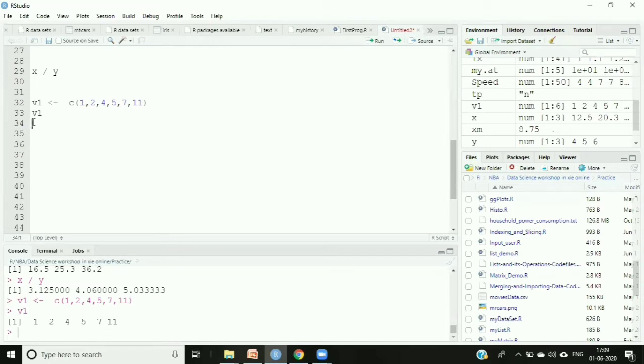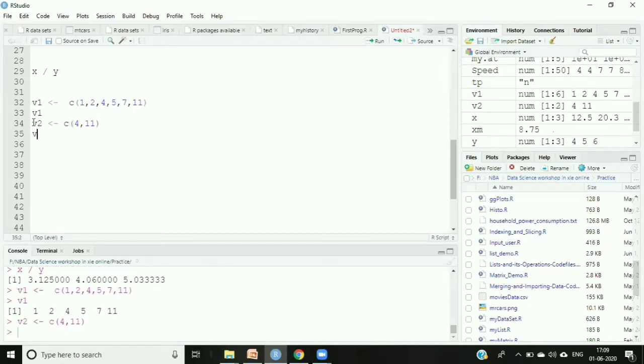Then I'll be having the vector v2, and in the bracket I'm writing 4, 11. Okay. Let me check the value of v2. So 4 and 11. So we are having these two vectors v1 and v2, where v1 is 1, 2, 4, 5, 7, 11, and v2 is 4 and 11, right? So of these dissimilar sizes.